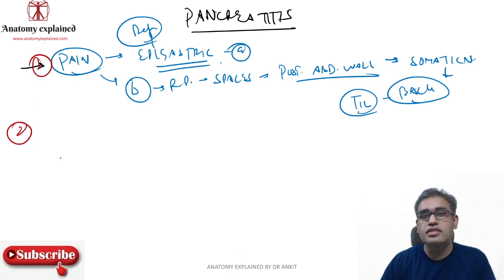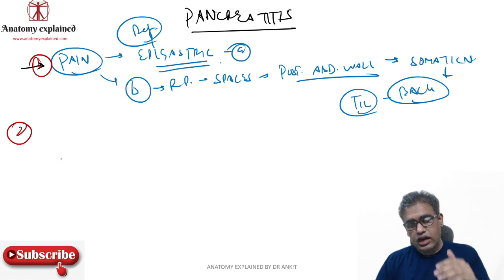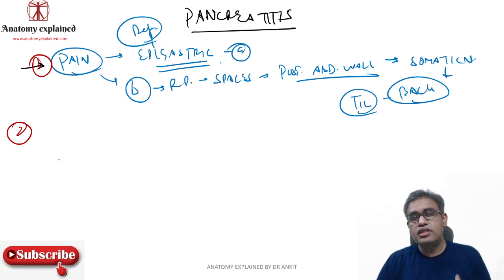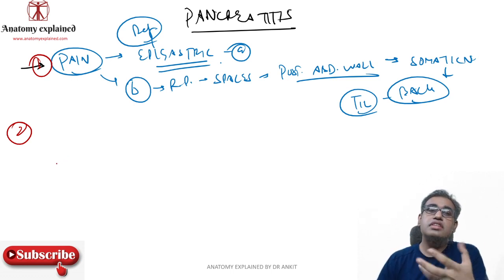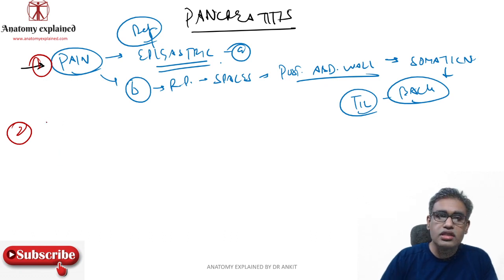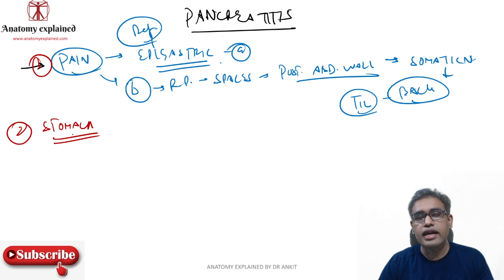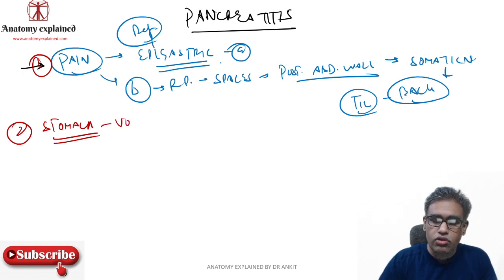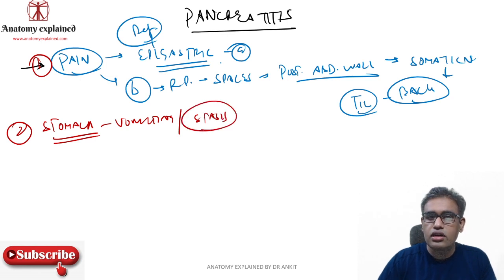Second point related to the anatomy part. First was the pain part. Second point: an organ lying in front of the pancreas, as we saw in the anterior relations, was the body and antrum of the stomach. So the inflammation of the pancreas can also slightly influence the stomach, leading to vomiting or gastric stasis of the contents inside the stomach. That could happen because gastric stasis is common.